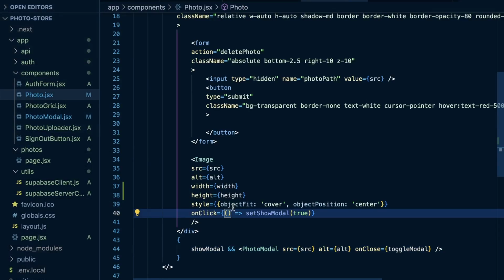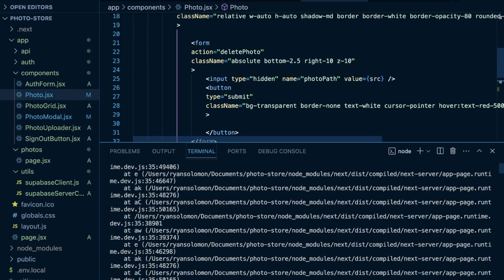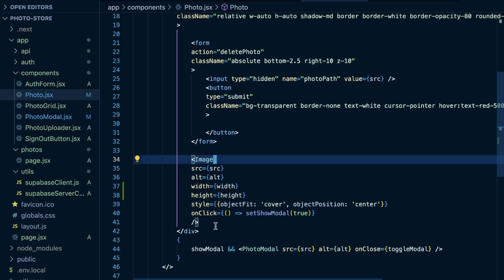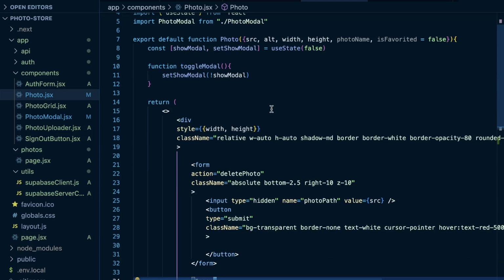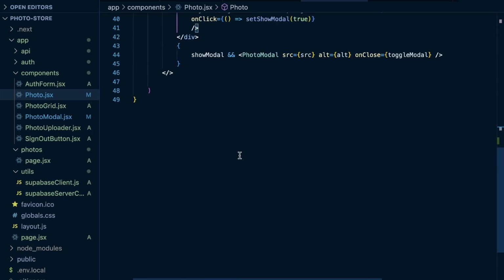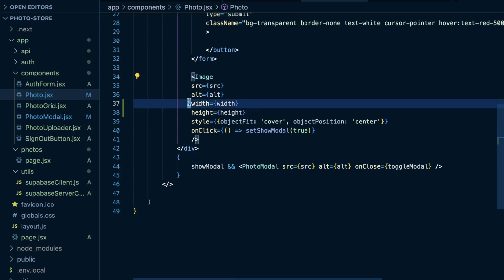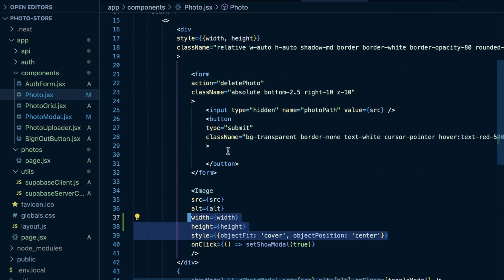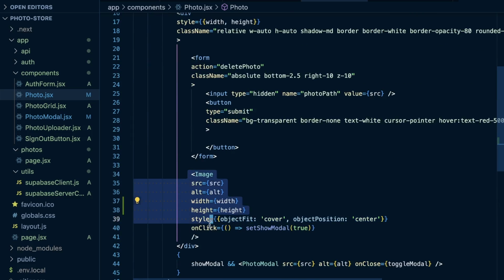And I ran into just some image component things, where I was getting some errors in the console, but I think I got this worked out. So what I needed to do within our photo component here was set a width and height, and then also set a style of object fit cover, object position center. So within your photo component, make sure that you also have your image looking like this with the correct props